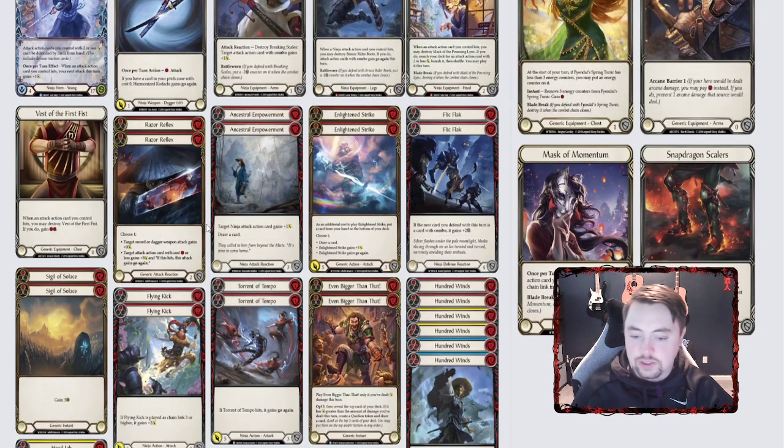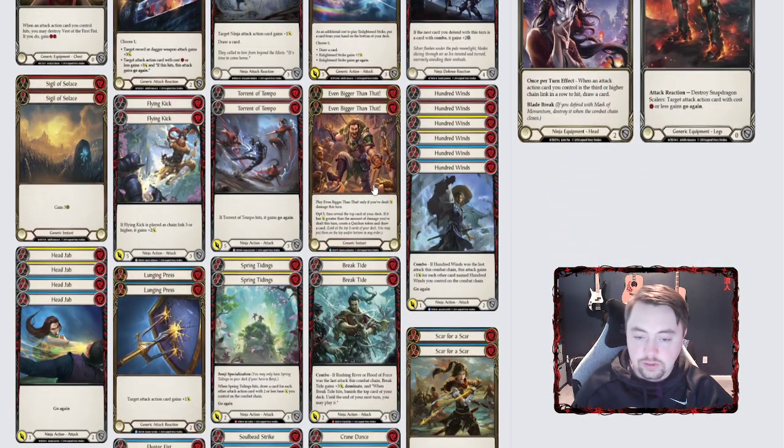And Ancestral Empowerment twice will help you draw cards. Even Bigger Than That, which is another generic instant that I put in here, basically allows you to look at the top 3, reveal a card from the top of your deck. If it has base power greater than the amount of damage you've dealt this turn, create a Quicken token and draw a card. So basically, if you Kodachi, and they don't block it,